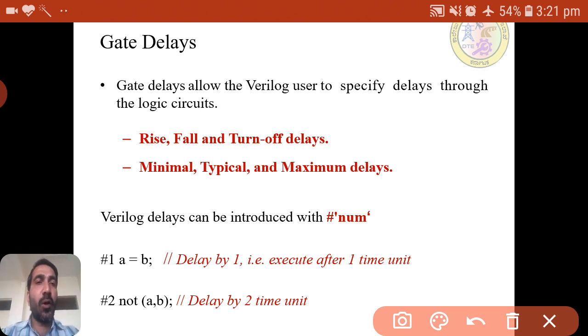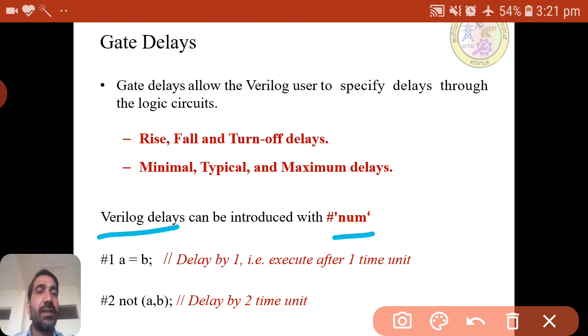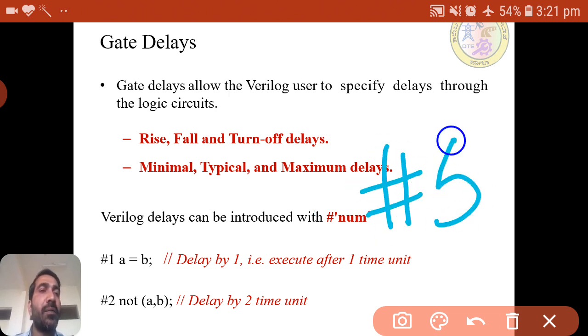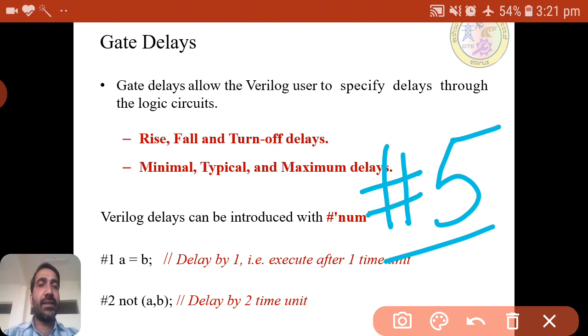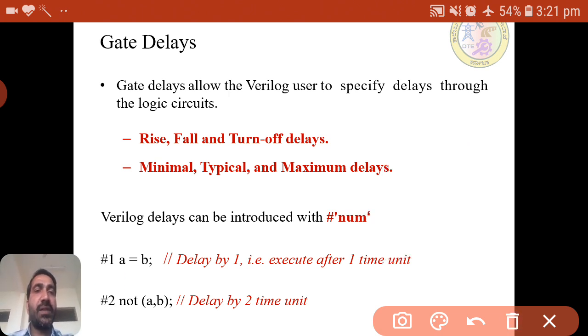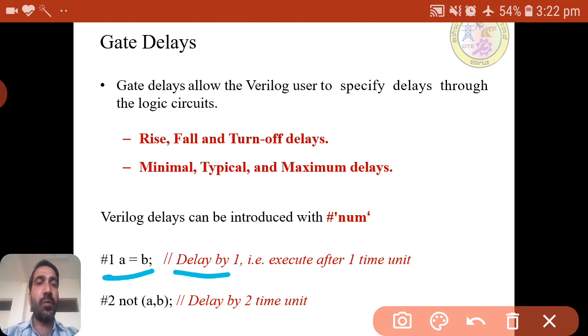Usually, the normal Verilog delays we can introduce with the syntax of hash with a number. First we use hash, then whatever number we specify acts as the delay. The same thing is shown here: #1 a = b. What is the meaning of this? The delay of 1 means that after 1 time unit, whether nanosecond or millisecond, it will execute.